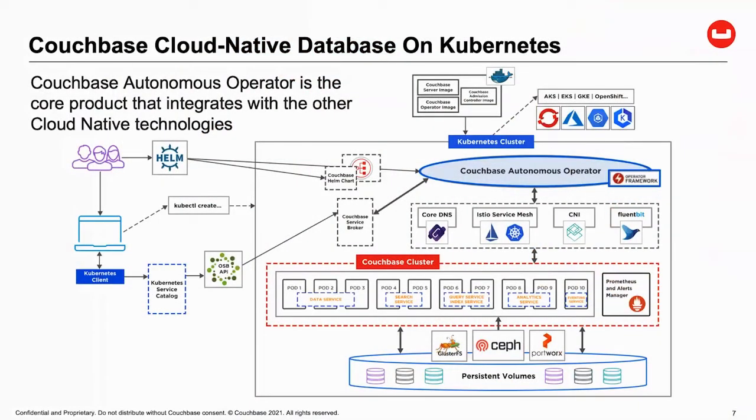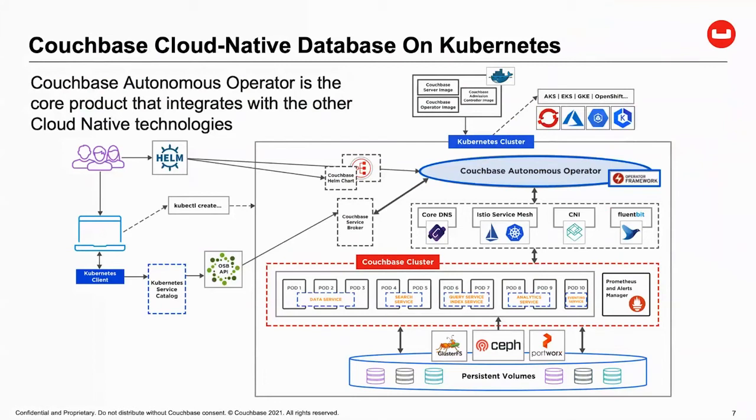Now that we've seen Daniel's demonstration on how to automate a lot of your core daily operational tasks on Couchbase Cloud Technologies, let's take a look under the covers and see how that actually works. So as we can see, the Couchbase Cloud Native Database running on Kubernetes is leveraging the Couchbase Autonomous Operator, and that is the core product that is going to integrate with the other cloud native technologies, whether that's Core DNS, Istio Service Mesh, FluentBit, and that is going to basically provide the management intelligence of the application as it runs,